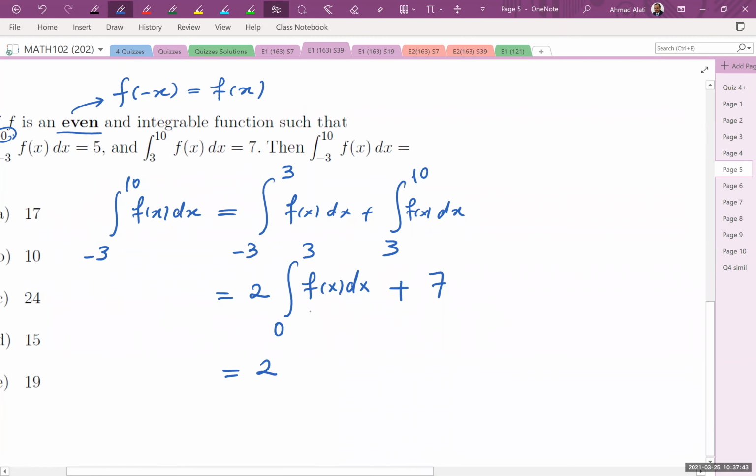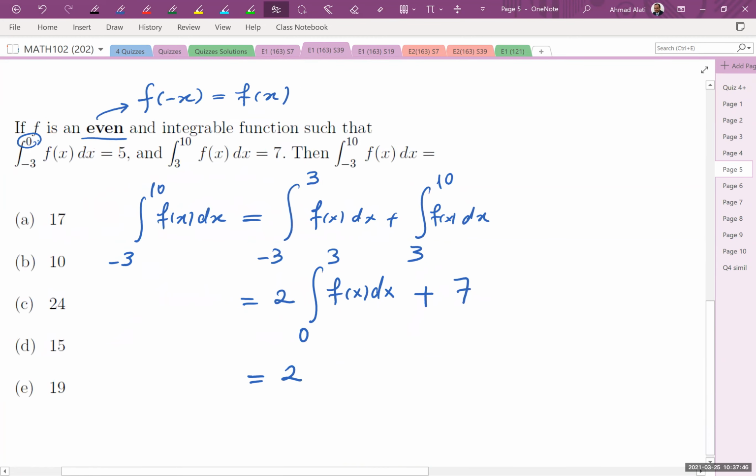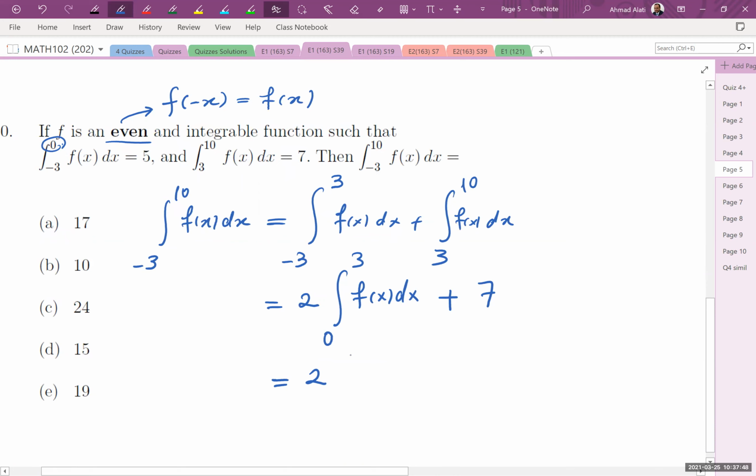This is equal to 2 times... Now, do you have the integral from 0 to 3? We don't have it. But it is the same as the integral from -3 to 0. You know that or not? Because it is even. Shabab, let me write this for you in other notation, f of t dt. It is the same. Why? Because you can prove that easily. Let x equal -t, dx will be -dt. Now the integral from 0 to 3 of f of x